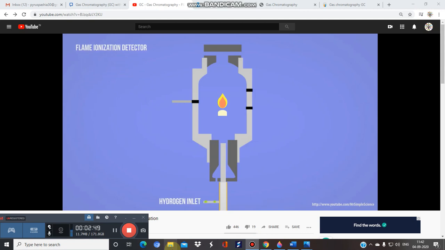What happens? There is a hydrogen inlet in the detector. So hydrogen gas mixes with the carrier gas, the mobile phase, or your analytes. The next step is the oxygen inlet. This is very important. We have to make sure that we have an oxygen inlet, and the flame must be produced if it contains at least 10% oxygen. A flame is ignited by burning hydrogen, oxygen and carrier gas in this way. Just see this, the flame is ignited. So first of all, the flame is produced.